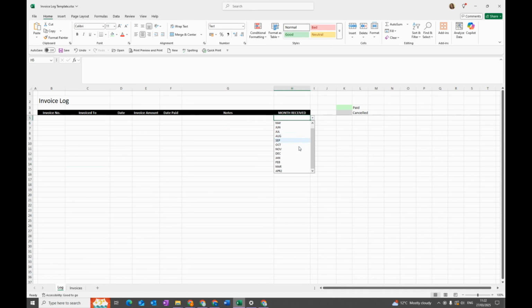So I've got the months here. As you can see, I've got April and April 2, and that is because in the UK the tax year runs from the 6th of April to the 5th of April every single year. So if in the first year of the tax year, let's say 2025, money is received after the 6th of April, you would put it in April. But then